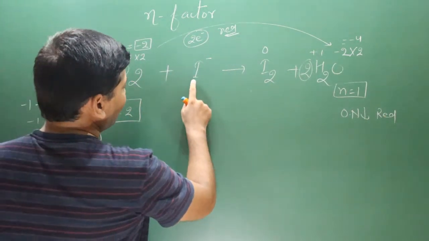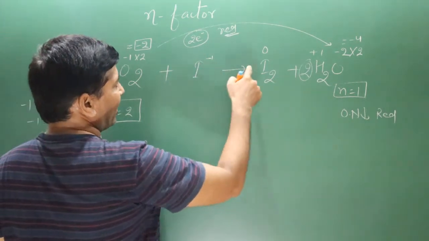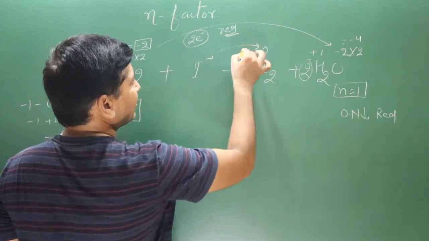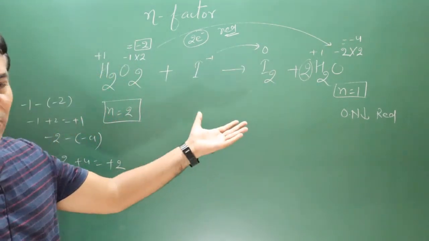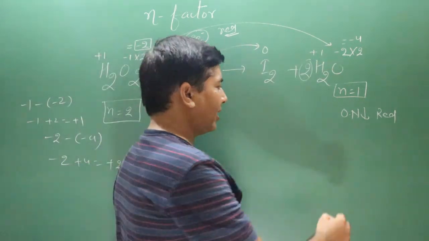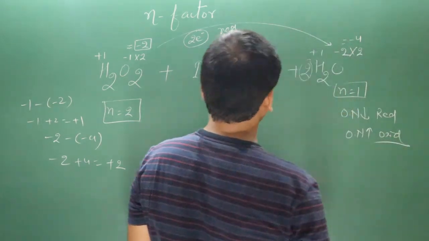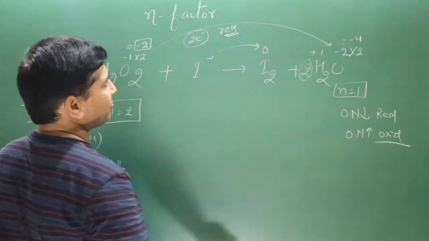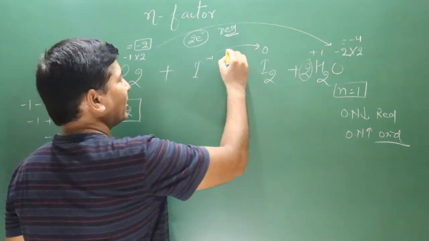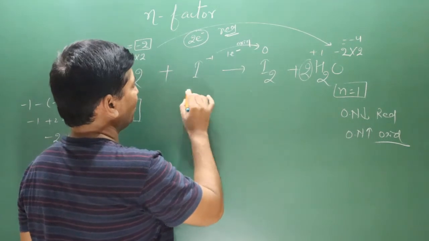Okay, now you can see one atom is there, this is monoatomic ion. Okay, minus 1, other side 2 multiplied by 0 is equal to 0, and difference, if I move from left to right, we have done already, left to right. So increase in oxidation number, and increase in oxidation number is always oxidation reaction. Okay, so you can see, find the difference, 0 minus minus 1, 1 electron, and this is oxidation reaction, 1 electron, n factor value will be 1.